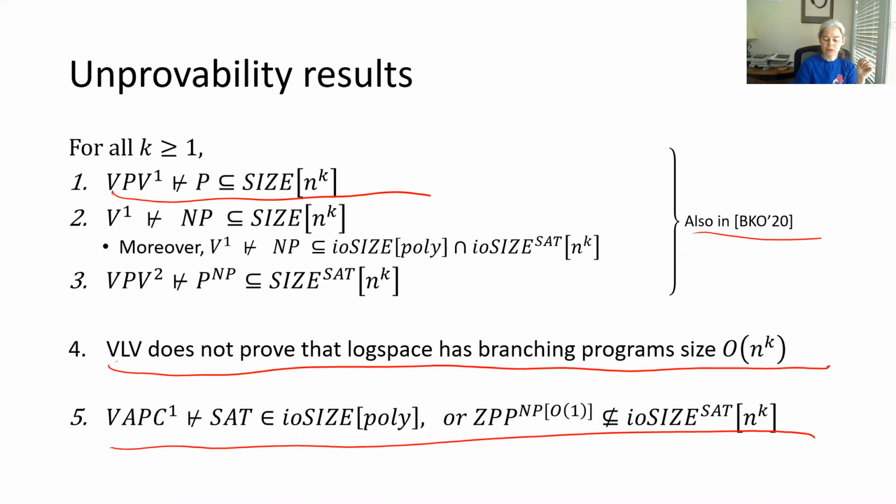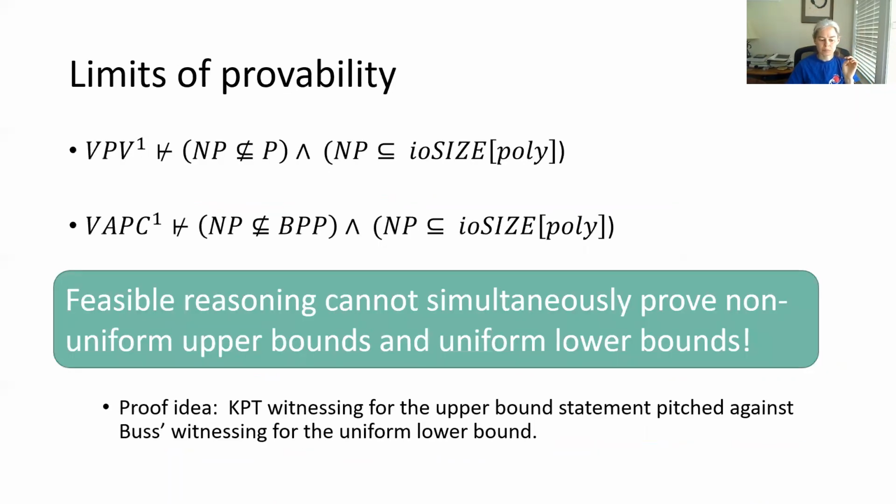I think we know that this part, if you talk about ZPP to the NP, that might be false, at least without the infinitely often. But at least here is something that still potentially can be true, and yet it cannot be proved in a very powerful VAPC1 theory. So let me just state the very last theorem,